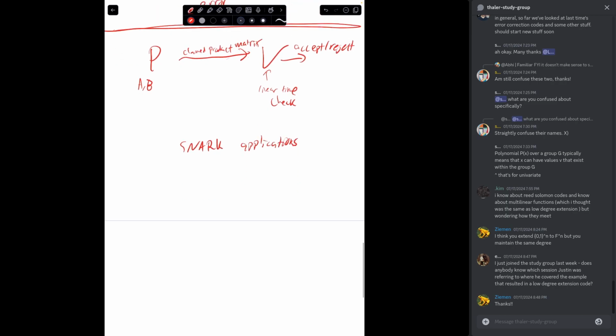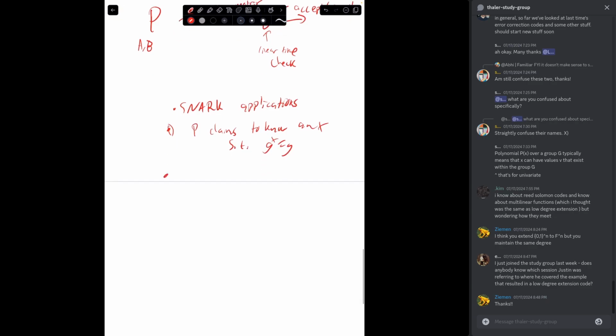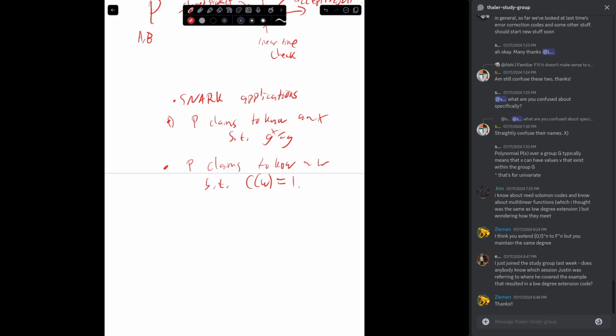you often have the situation where things are fundamentally different, right? Like, in Schnorr's protocol, the prover is claiming to know an X such that g to the X equals Y. That's one, or, like the prover claims to know a W such that feeding W to some circuit causes it to spit out 1 or something. Okay. And now these are funny applications, right? Because, if the prover,